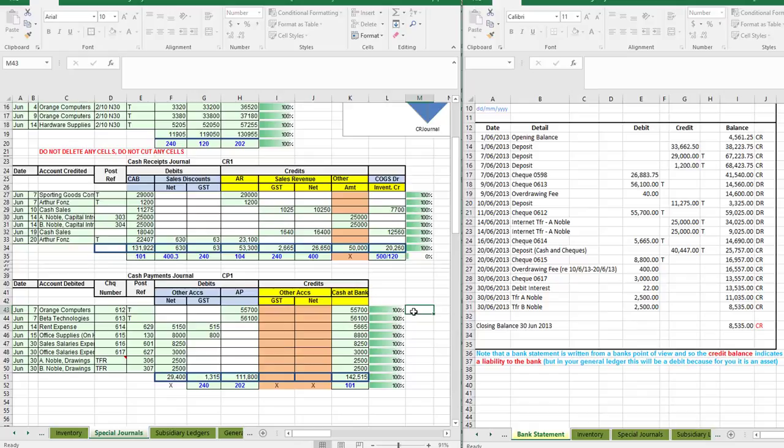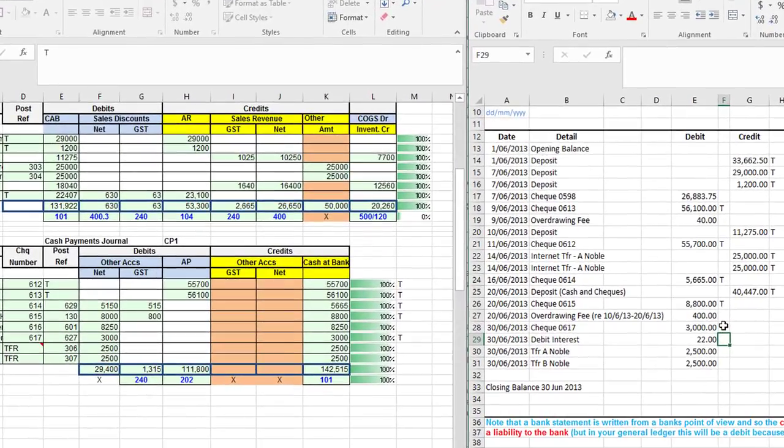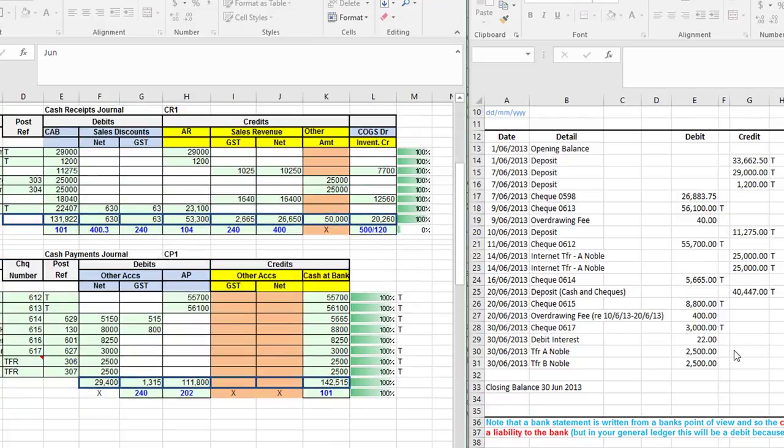We did find, let me see, 614, 612, 613, 614, 615. No 616, there's no T there. There is, so 617T and 617T. We also have two direct transfers. T, T, and they are here. So now we're starting to see there is going to be some differences between what we've